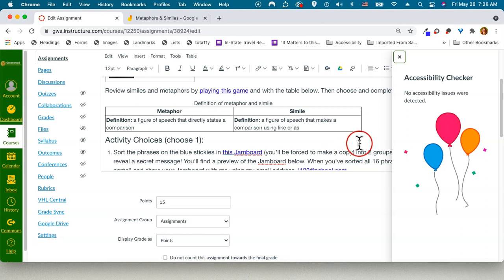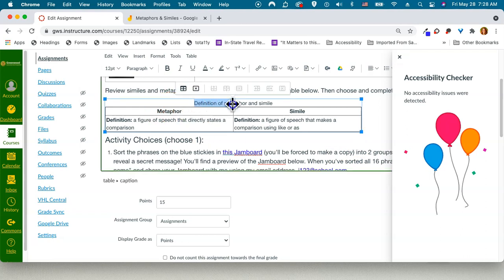In this case, my table has been given a caption at the top. I also note that metaphor and simile have been centered in the header row, which is a visual indicator that I've added that specific row header. And my table is now more universally accessible to all of my students, especially students that might be using a screen reader and having this table information read auditorily.